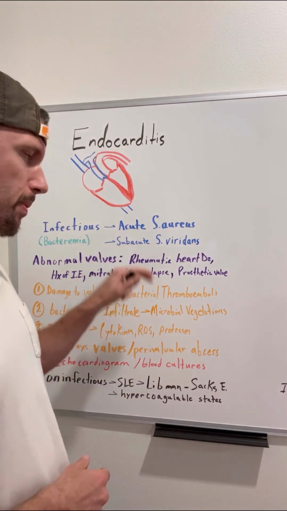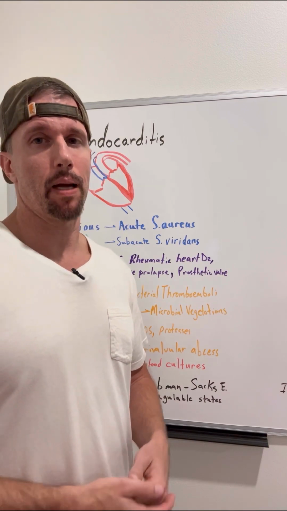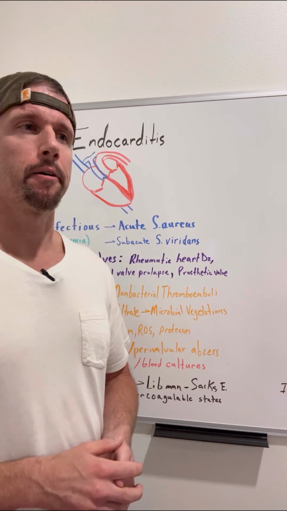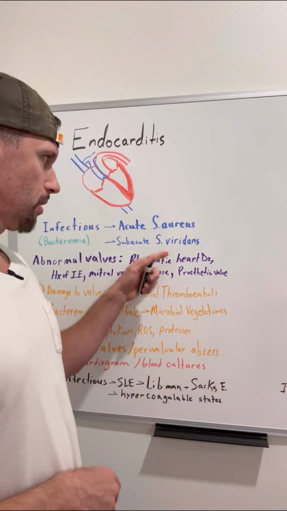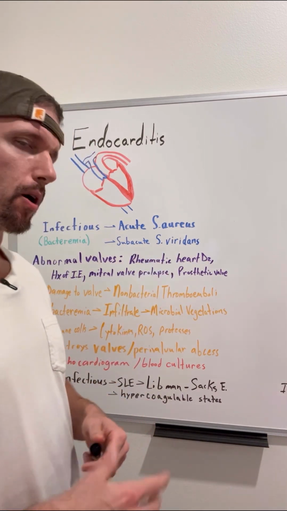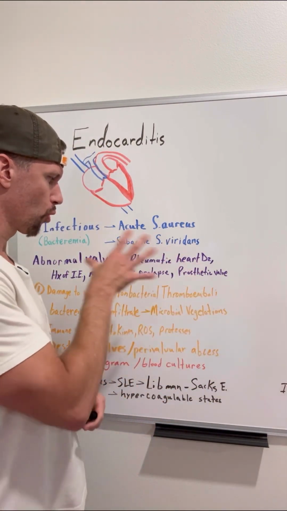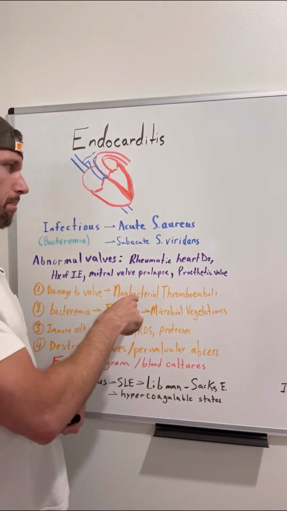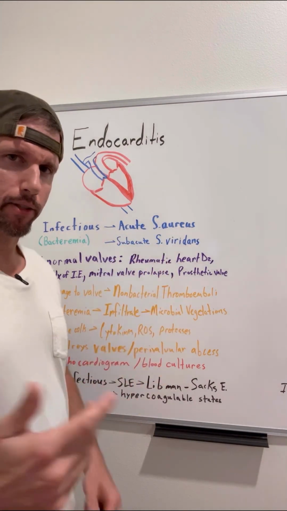And then you can have subacute. These patients are a lot less sick. They come in and maybe they're fatigued. You can maybe detect a little bit of a murmur, maybe just some low-grade fever or something like that. And typically this one's called Streptococcus viridans, and this is part of the oral microbiome. And so if somebody has some kind of abnormal valve, this really predisposes them to growths. I'll come back to where we find these, but let's say that you had strep throat and 2